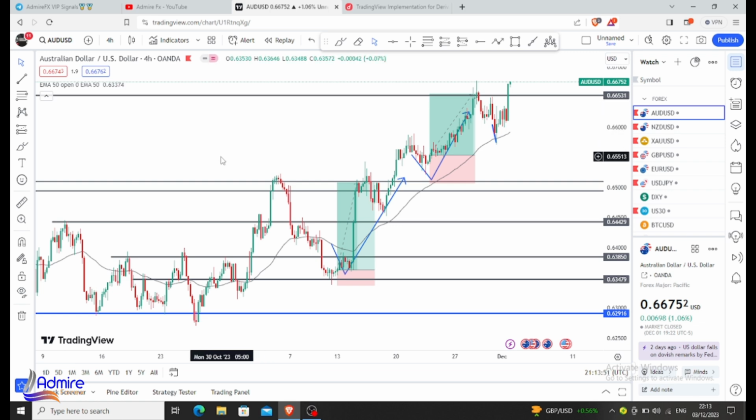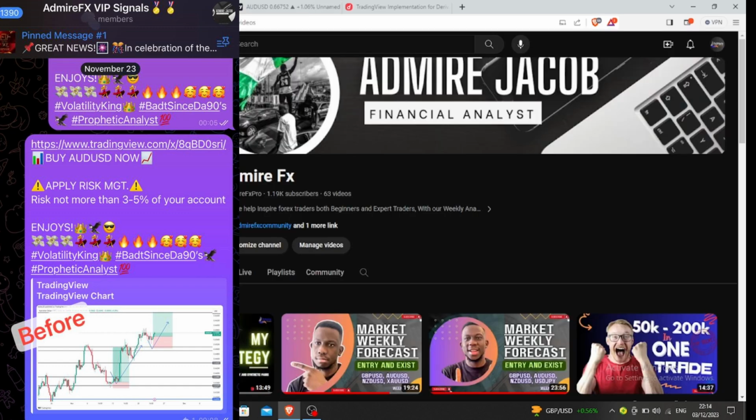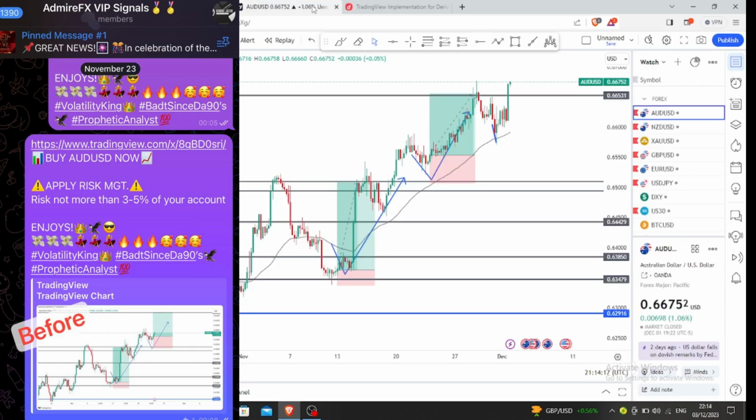So we are looking at AUD USD. Last week you saw how we predicted AUD USD into precision. This has been something we have been doing over the months. I've been trying to document my entries and exits, trying to see how well I can also share this with you guys, so that you guys can also take best opportunity of these entries on your trades.